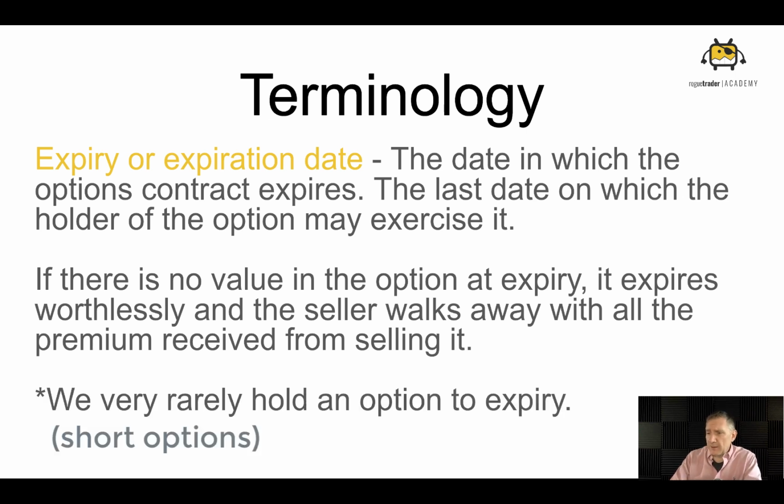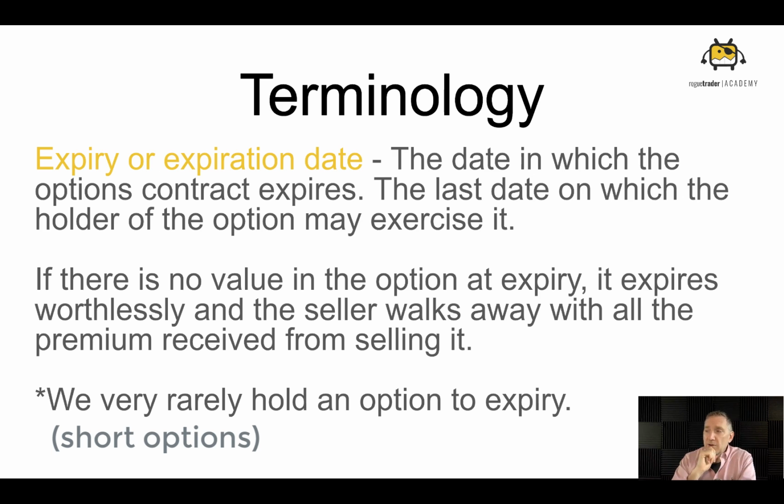And I see I put a note in here again. I'm going to mention it again. Rarely will we hold an option to expiry. If you're concerned about expiry, if you're concerned about, am I going to get assigned? Do I have to deliver 1,000 barrels of oil or deliver a Bitcoin or 100 shares of Microsoft or Apple? Don't worry about it. You can get rid of that option anytime you want, whether you're a buyer or a seller. If you bought it, you sell the damn thing. If you sold it, you buy it back before the expiry date and you're golden. So don't worry about that.